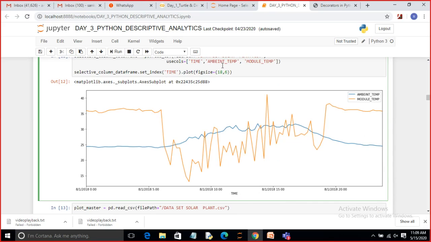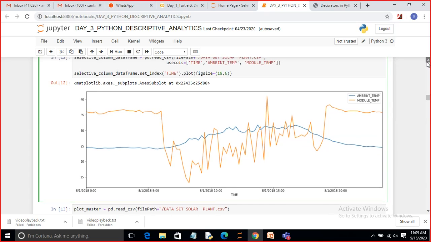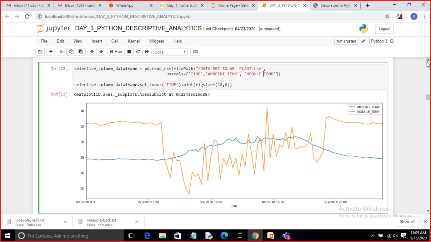Depending upon the time, the ambient temperature and module temperature are drawn. For the color identification, it will be displayed: ambient temperature is blue color, module temperature is orange color. To make a note.